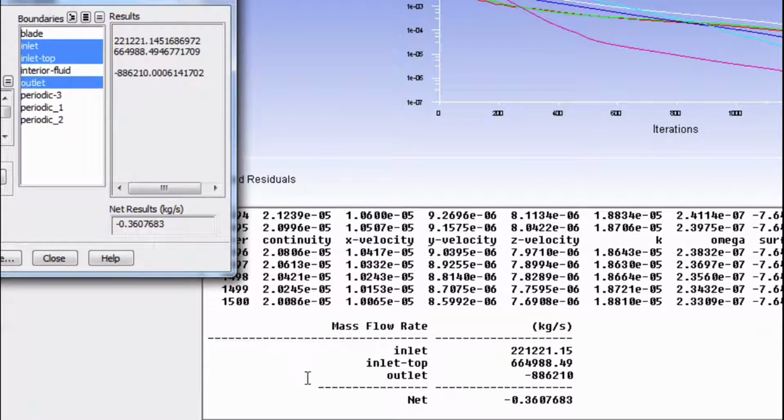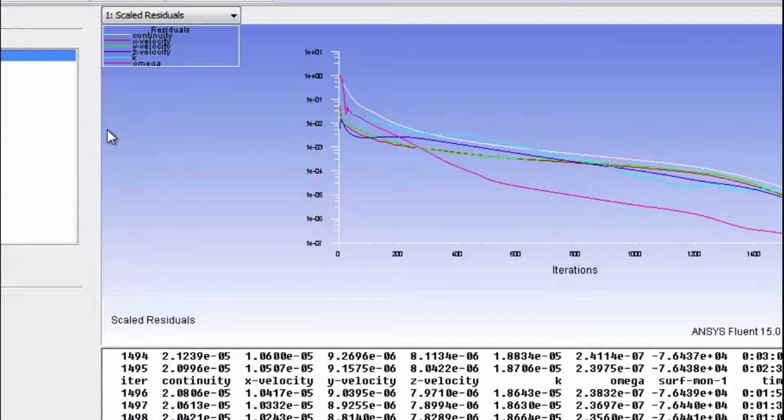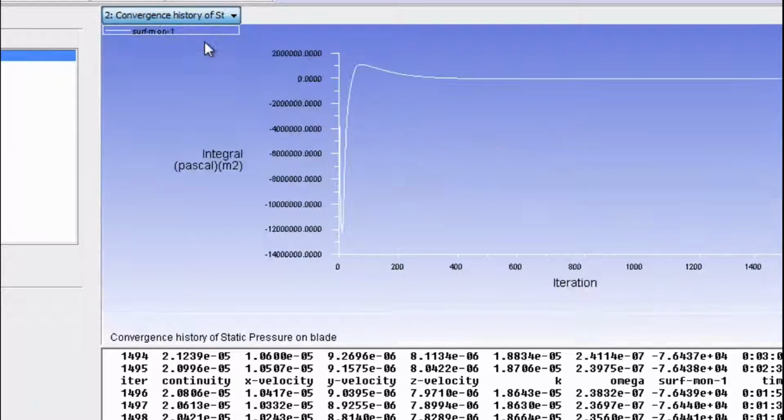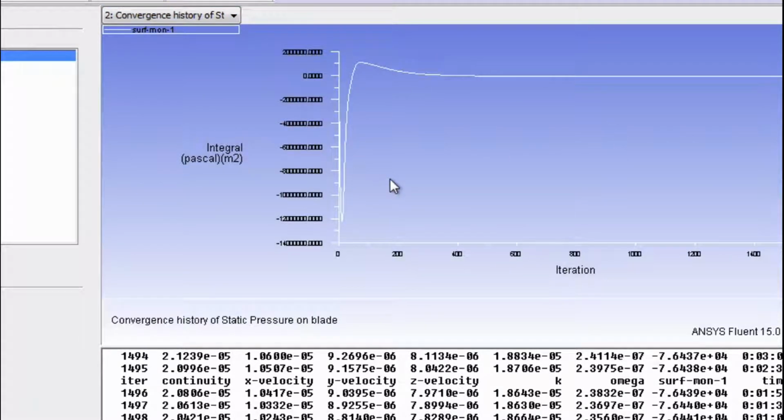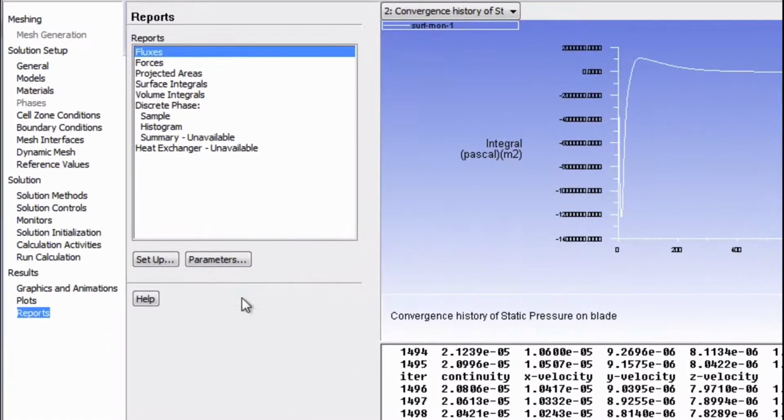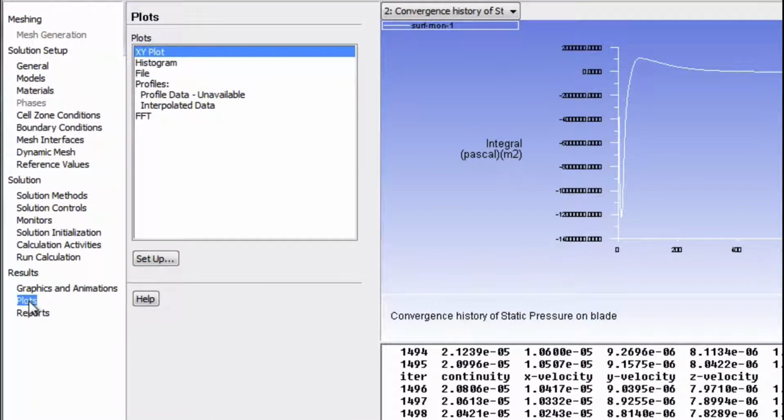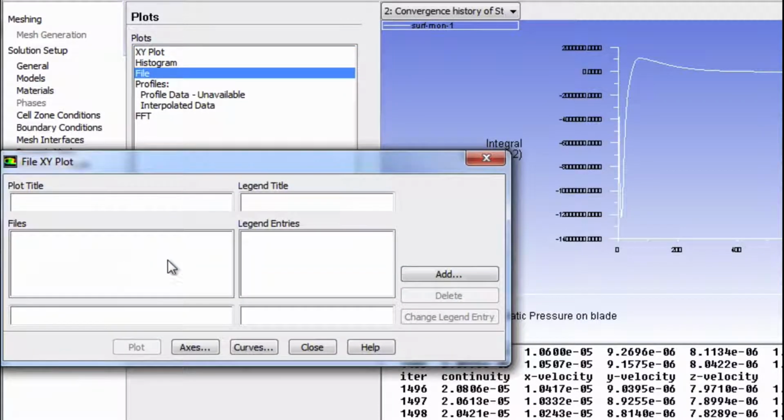So here we see that mass is balanced, which is one good indication that our model is good. So next we're going to look at our surface pressure. So here you can look at the convergence of the surface pressure graph, but this graph only appears right after during your iterations. So to actually have more options in looking at this graph, you can go into plots right here, and we're going to choose File, then click Setup, and now we have to go find the file plot